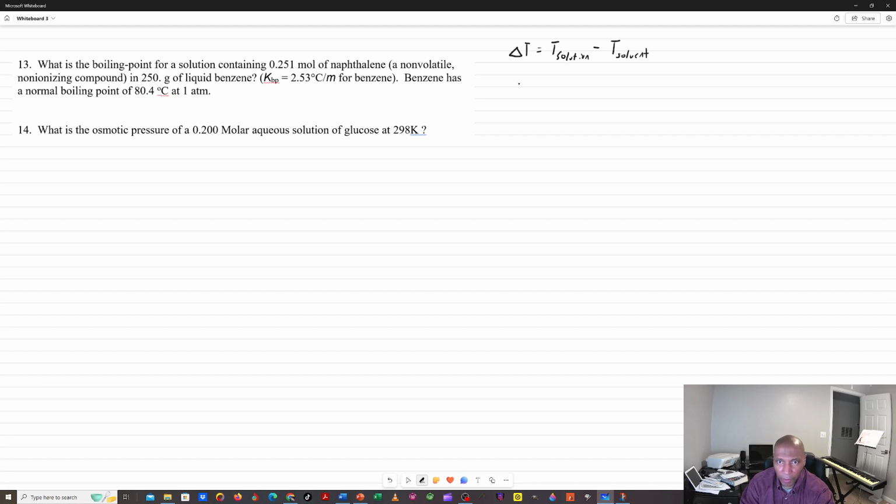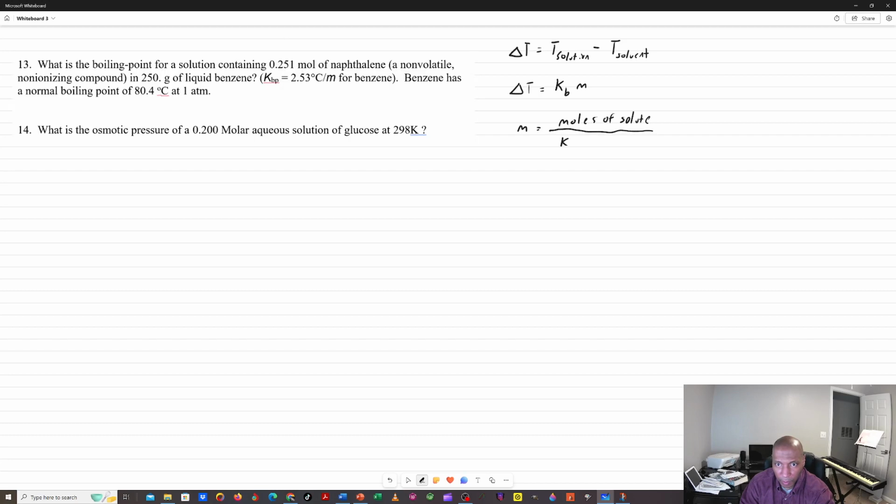Okay, then I also know that delta T is equal to my molar boiling point elevation constant, Kb, times my molality. And I know that my molality is equal to moles of solute